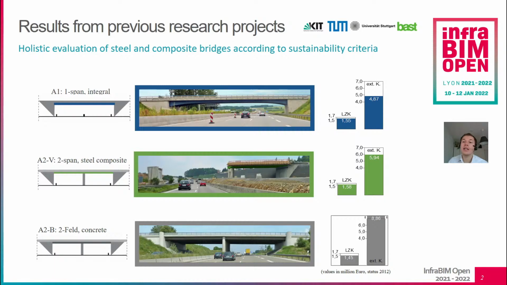To start off, I brought a slide from a previous project. In this project, different bridge constructions were evaluated holistically. When I say holistic evaluation, I mean that costs, environmental impacts, and macroeconomic impacts were considered over the entire life cycle. During construction and maintenance measures, there's almost always an impact on traffic, on the road over the bridge or under the bridge. If traffic volumes are high, these can lead to long traffic jams and therefore major time loss for the general public.